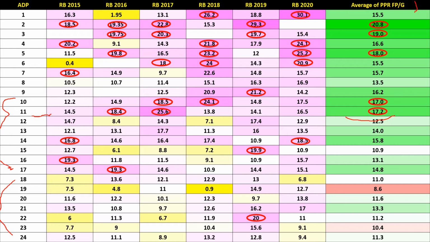So 33, 35, 40% chance of grabbing a top 5 in ADP 1 to 11 versus 10% chance 12th through 22nd. So you've got 3 times better shot at grabbing a nice RB before pick 12 than after.